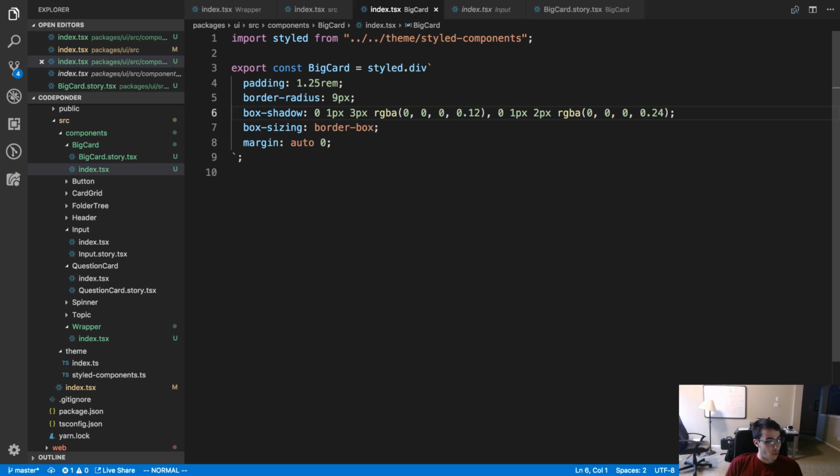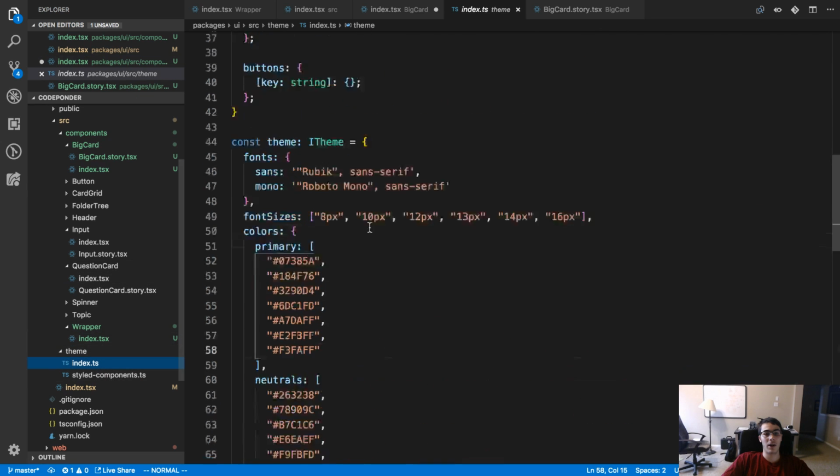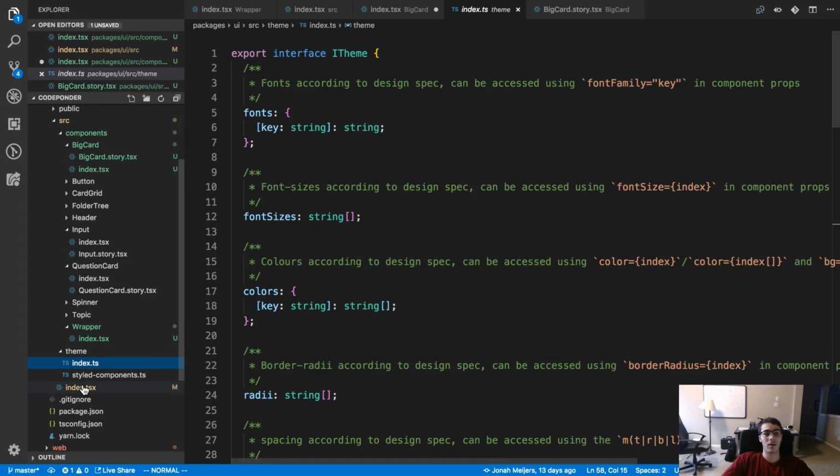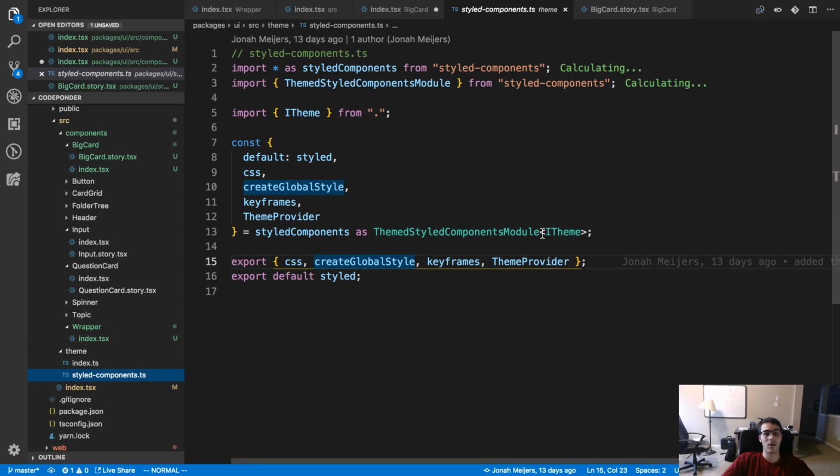I really don't like the border radius above 5 pixels. Alright, let's see what 5 looks like. Do I have a global style yet? Create global style.